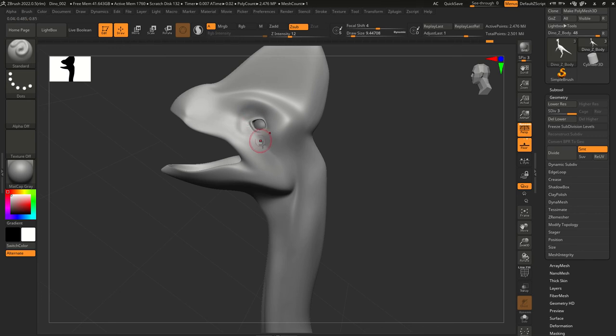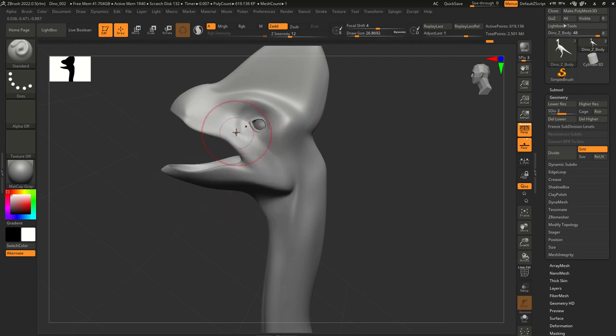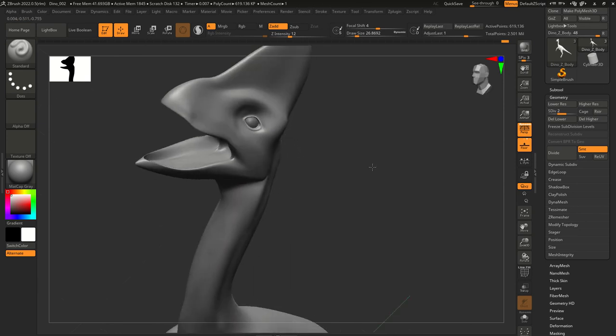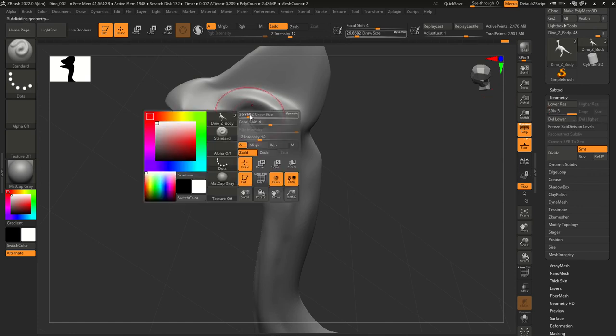And if I feel that I need to do something a bit broader, I can go back down to, let's say, subdivision 2 and modify subdivision 2 a bit broader. So push out some of the effects on a lower level, and then of course go back up and push the smaller